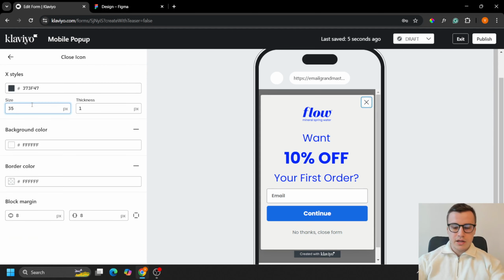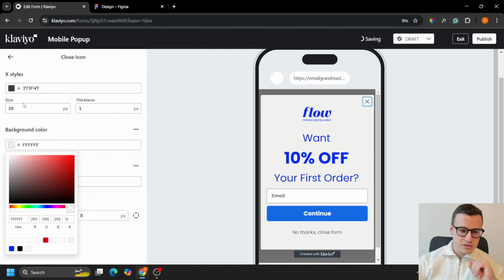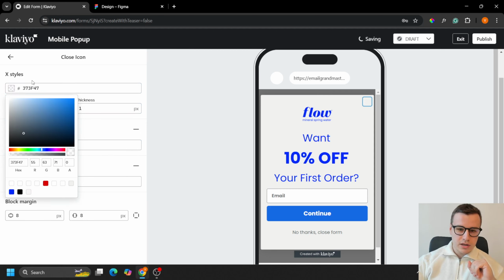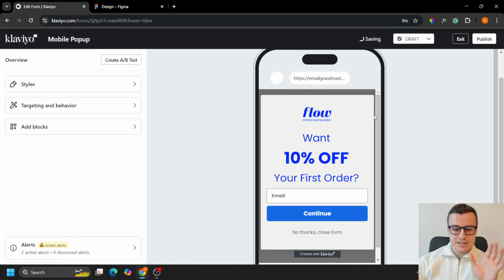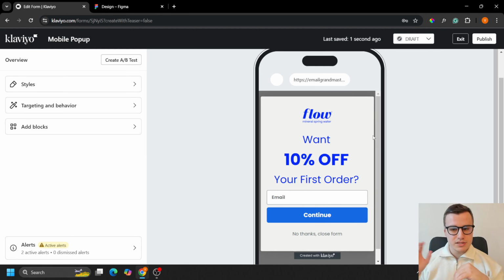Now, here I like to make it a bit smaller, actually 30. Now, the first thing we're kind of trained, like we kind of evolved to when a pop-up pops up, we'll look at the top right-hand corner to find the exit, the X button to close it, right? Even if we are interested maybe in the offer, we just look for the closing button. So what I like to do is actually make it invisible, transparent, right? Just go here and make it transparent so the person doesn't see it. Now this doesn't mean it's not there. So if a person clicks there with their mouse or with their thumb, they will still be able to close